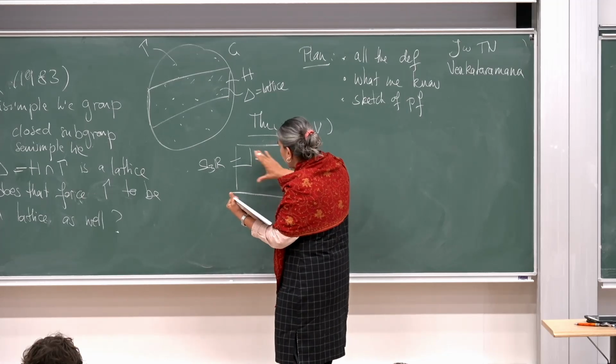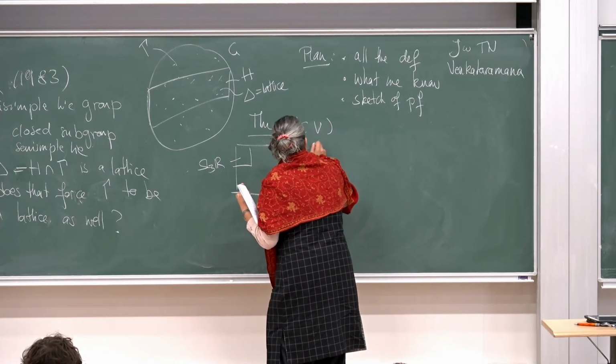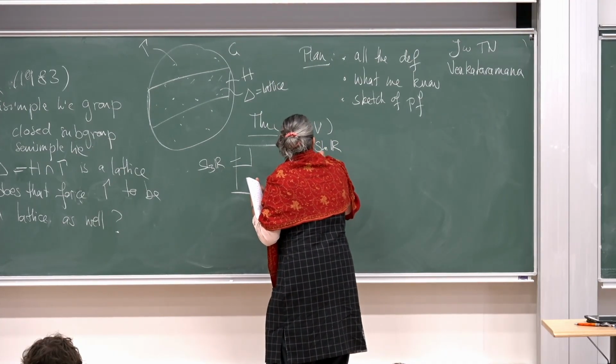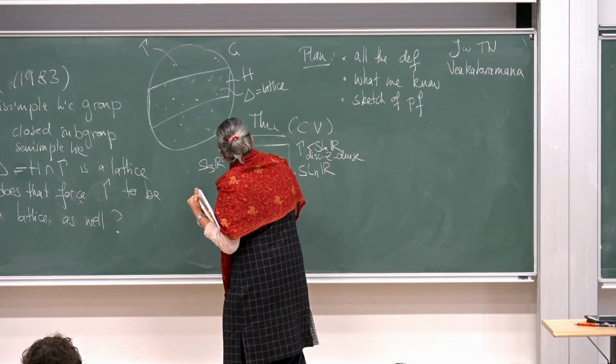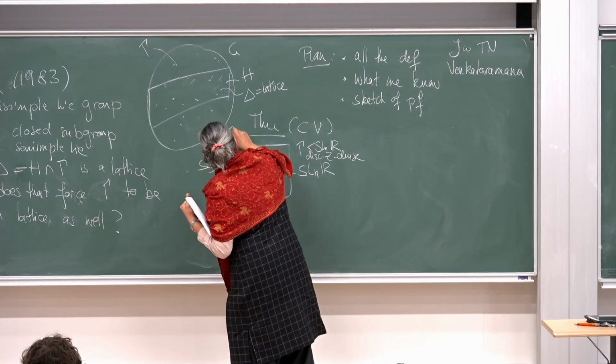So if you have SL_n here and SL_3 in the top left corner, and if you have gamma in SL_n(R), which is discrete Zariski dense, and if the intersection here is SL_3(Z),